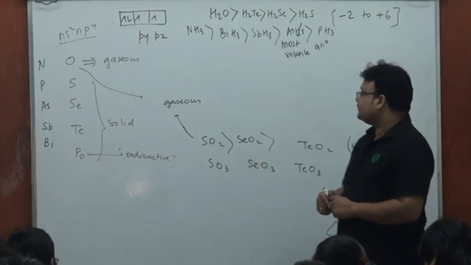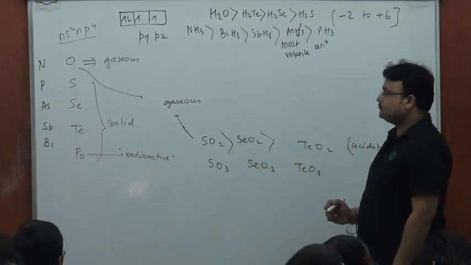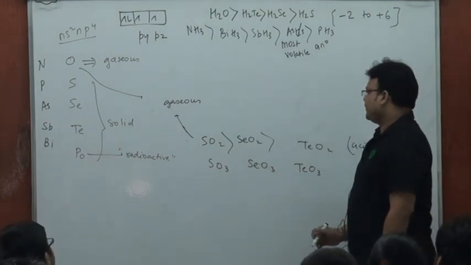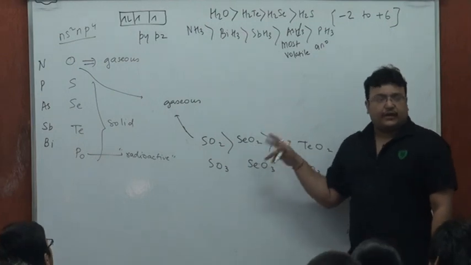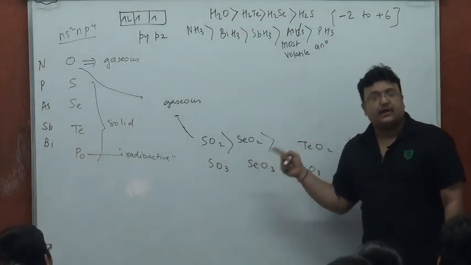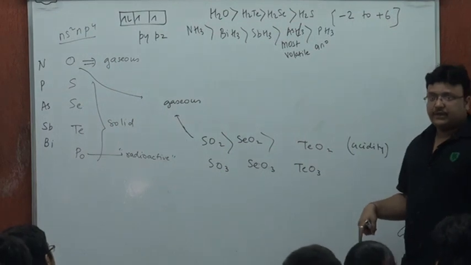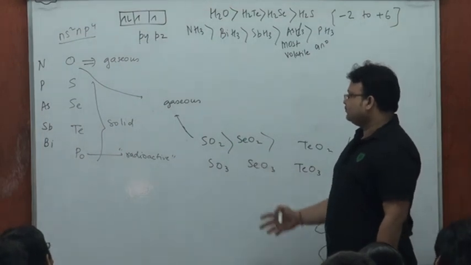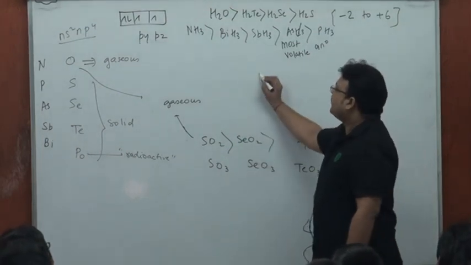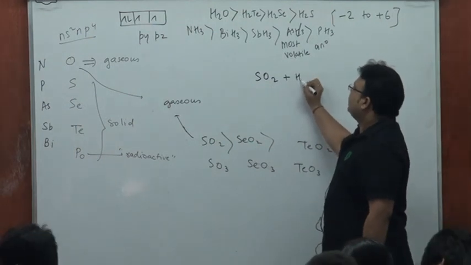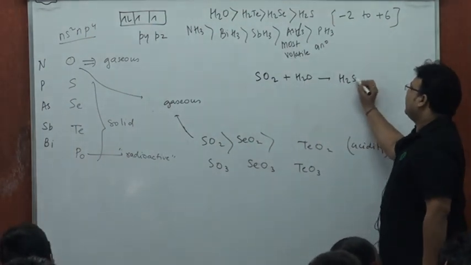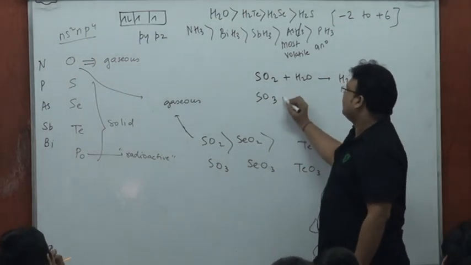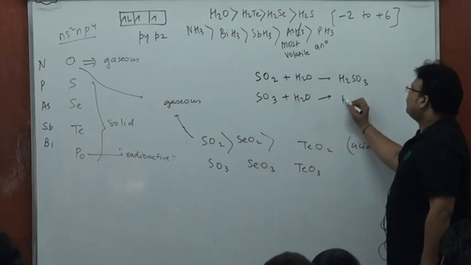In oxyacids, anyone with any kind of doubt over it? And down the group, because electronegativity would decrease, acidity of the oxide or oxyacid would decrease. Fine. And then we are also aware about the kind of acids which they produce. Sulfur dioxide, for instance, would go into water forming H2SO3. That's why it's called sulfurous anhydride. SO3 would go in water forming H2SO4.